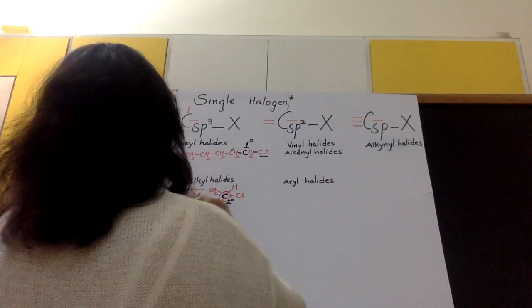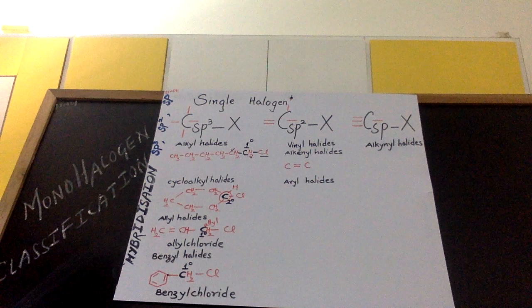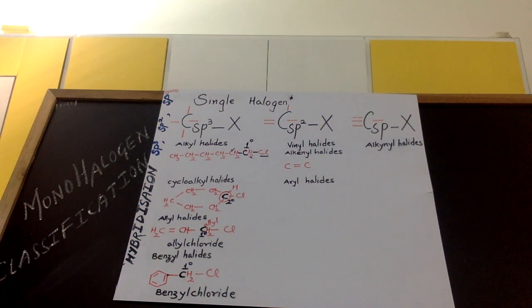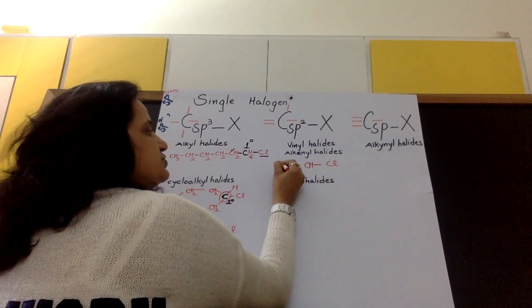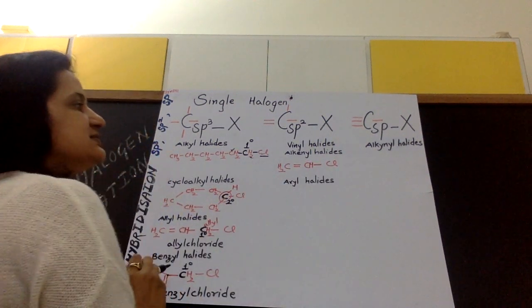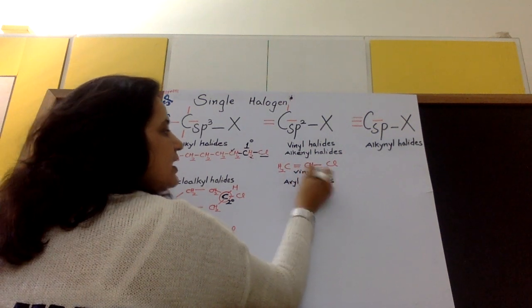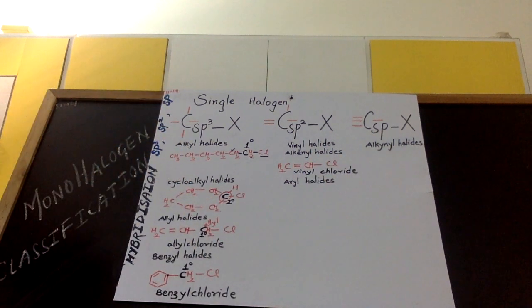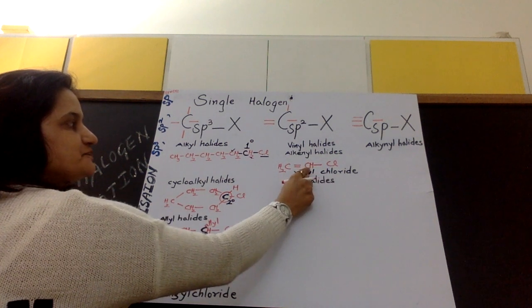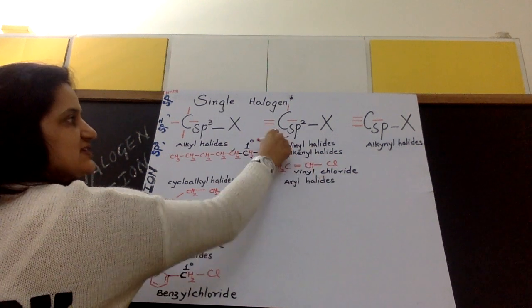Now we have vinyl halide, that is, double bonded carbon. So I am writing double bonded carbon. On the double bonded carbon, I have to write the halogen. So I am writing a halogen here, and H and H. This is vinyl chloride, or chloroethene. Halogen is on a carbon which has one double bond and 2 single bonds, so CsP2X